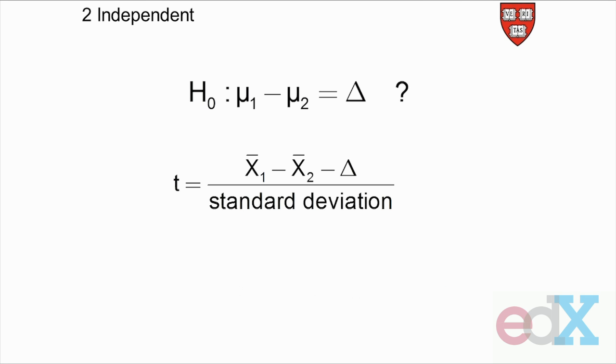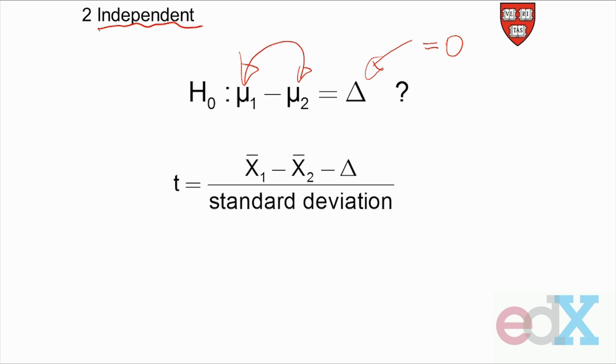Okay, so now we've got the dependent situation under our belts. Let's look at the independent. So now we've got two independent samples, and the hypothesis we want to test is exactly the same as in the dependent case. So we're looking at the differences between the two population means, and we hypothesize that that difference is delta. And once again, the most common delta we're going to be looking at is delta equals 0,